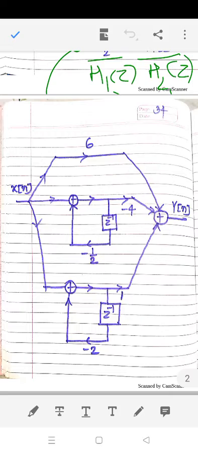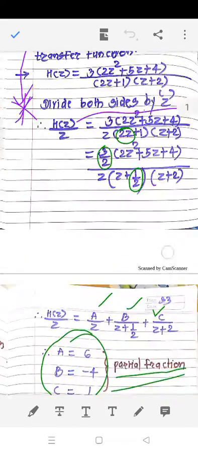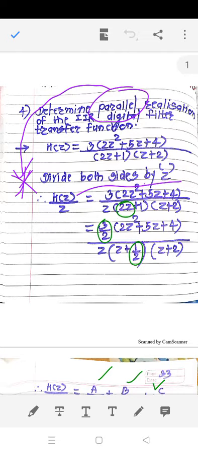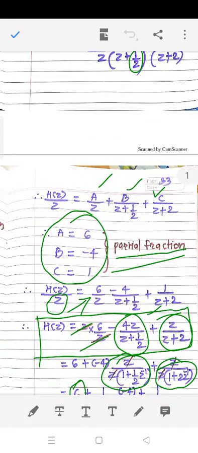So again we will repeat our concept, we will go through the numerical again. First of all, divide both sides by z. This is a very important step that we are following here, and we will follow these steps in the upcoming numericals also. Then again there is a mathematical adjustment, and after that we have converted it into the given partial fraction form. Now we are multiplying H of z by z on the right hand side, so all the z terms are getting cancelled.